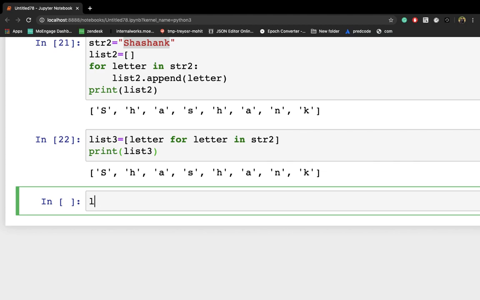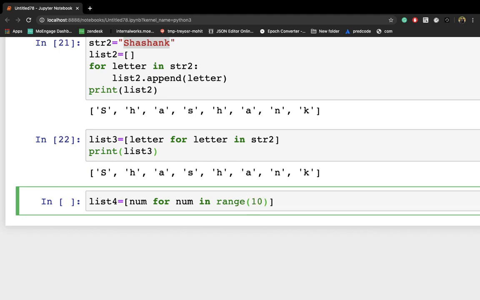So what we can do here is write list4 equals num for num in range. This is the range function, right, which I have explained in my previous videos. If you haven't gone through all of the lectures, you can go ahead and check them out in the previous videos.